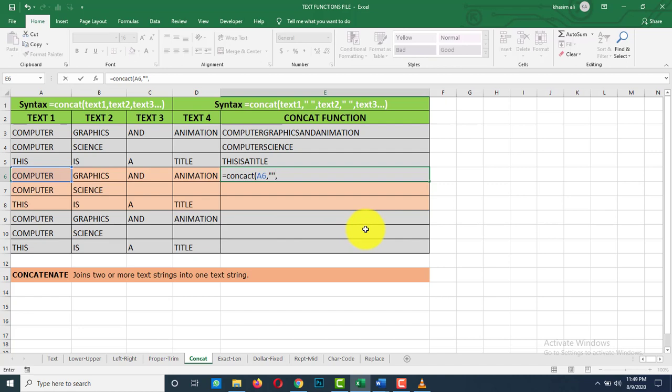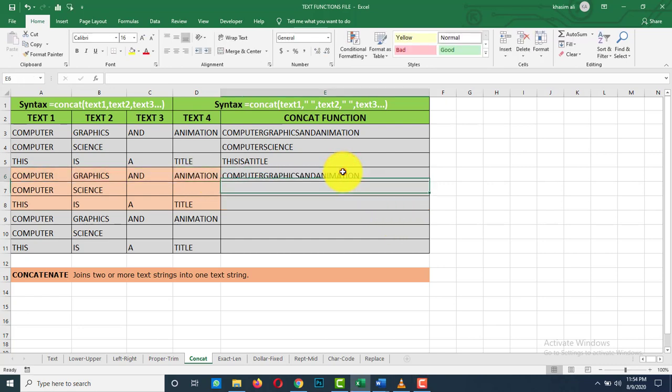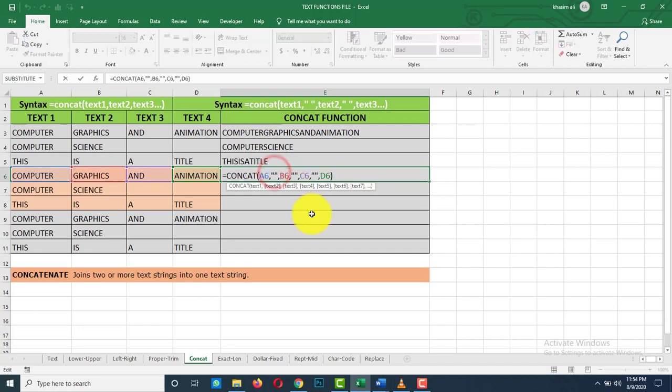Again comma, second text string, add 2 inverted commas again, comma, third one, comma, fourth one. See. Hit enter to apply. See, but here also you didn't find any space between words.